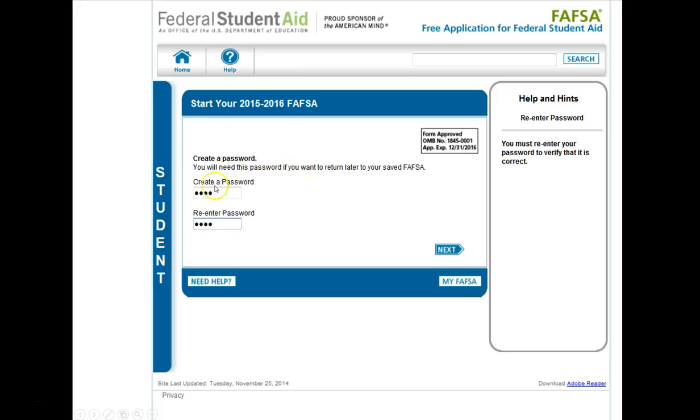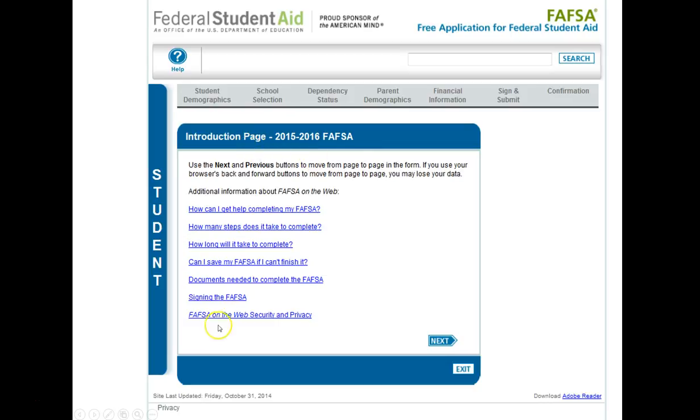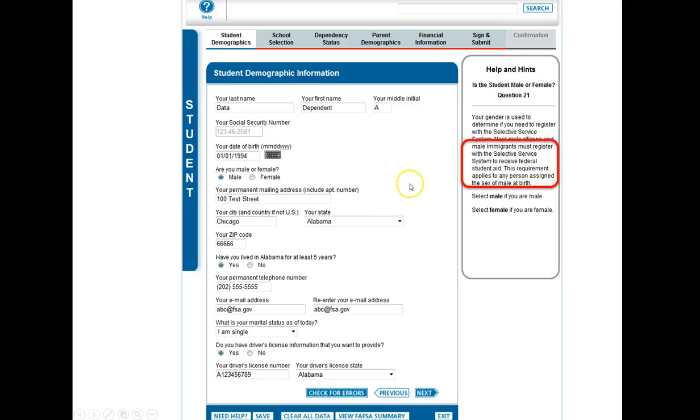And then you could just create any password. This is separate from your FAFSA PIN, which students used to have to use until the Department of Education made a requirement to create an FSA ID. So you'll just put your password there and click next. Then it will give you an introduction page. And you can click on these links if you need additional assistance. You'll click next. And this is where you'll put your basic information, your street address, zip code, state, and your